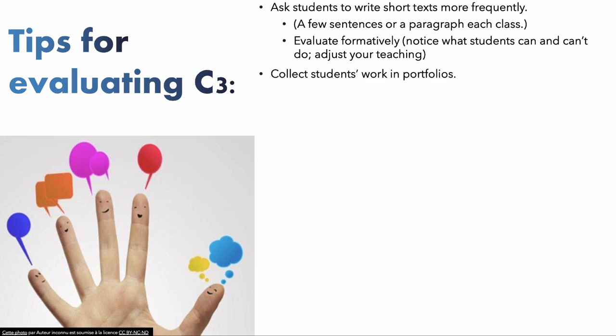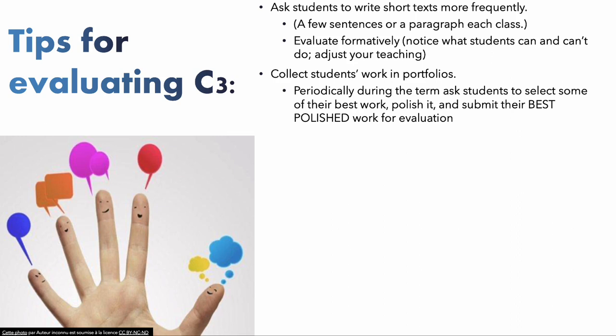The other thing you can do, if you're having students write short texts more frequently, is collect their work in portfolios. You're not going to give grades to every single piece of writing the students have done. You collect the work in portfolios, and then periodically in the term, you set aside a class or two and ask students to go through the portfolios, select what they think is some of their best work, and use that as the rough draft. They're going to take time to review it, revise it, read it aloud, read it to a friend, polish it up, correct as many mistakes as they can find, make it look really good,